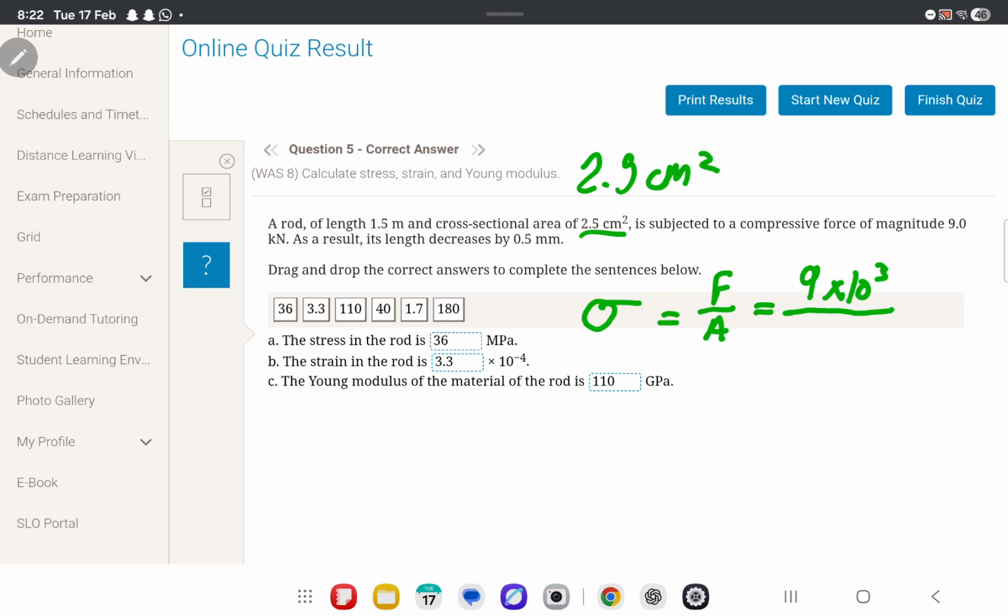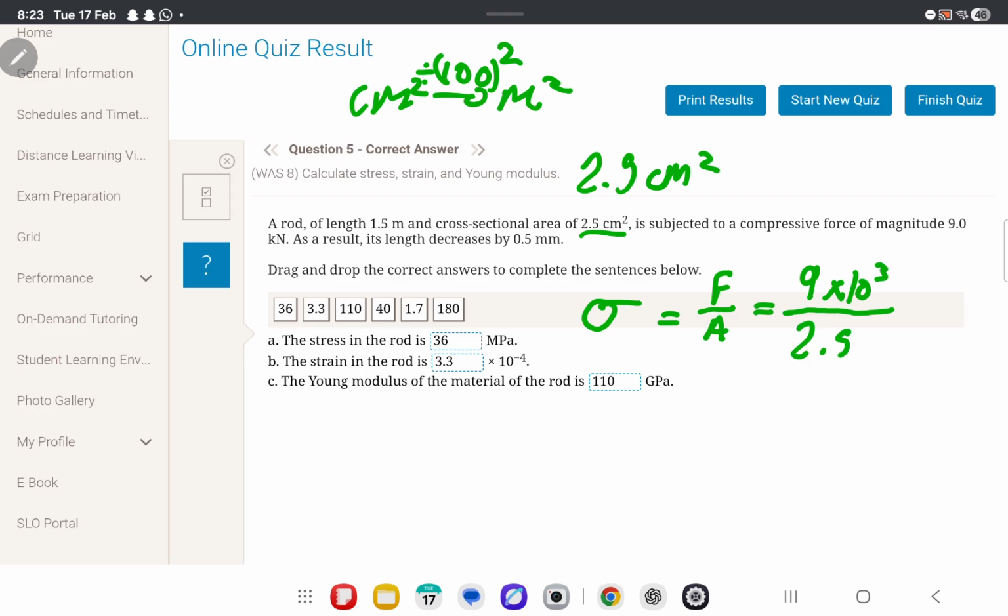But SI is what? Meter squared, right? So you know that centimeter to meter is how much? Divide by 100. So if you square it, centimeter squared to meter squared, you're going to get divide by 100 squared, right? Divide by 100 squared. Okay, so it's going to be